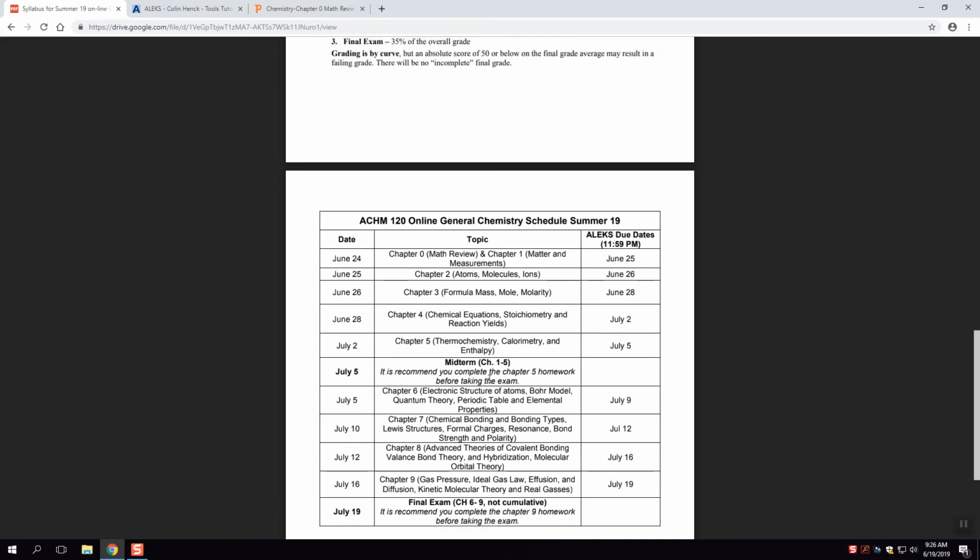I want to point out a couple of things. 25% of your homework grade is doing your homework on time, by completing the topics by these due dates. But 75% of your grade is based on doing the homework at all, so moving through all these topics throughout the course of the semester. That being said, this course moves extremely fast, and you don't want to get behind.